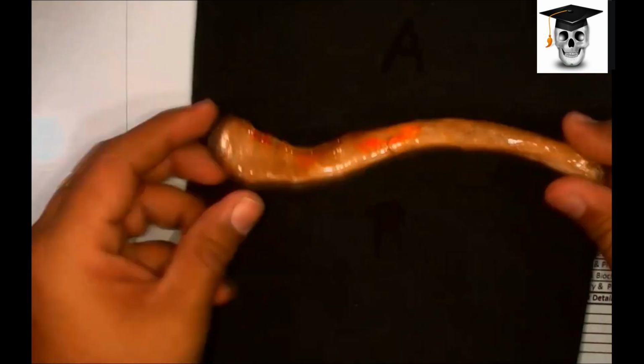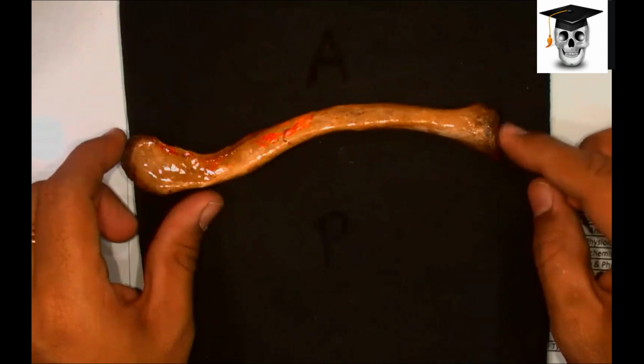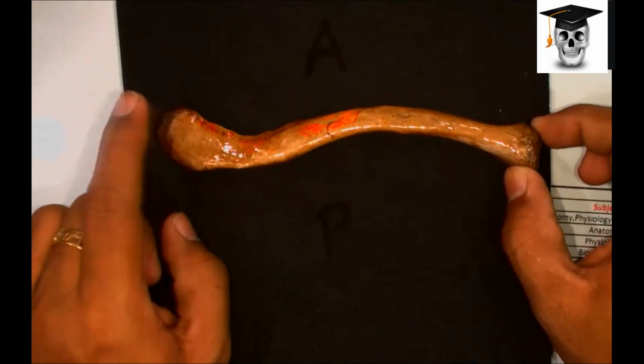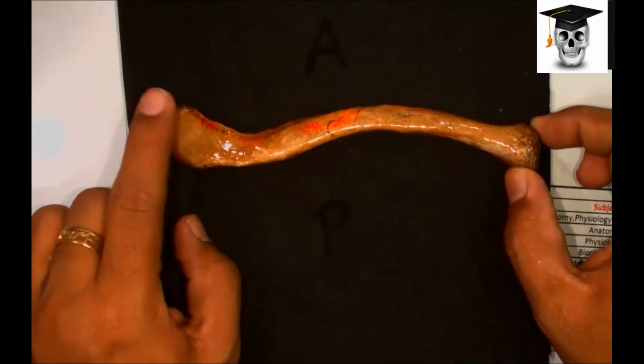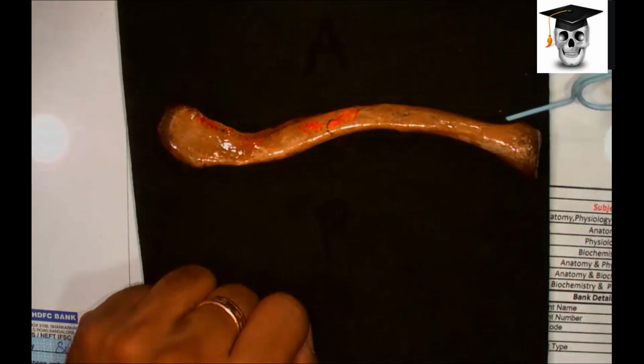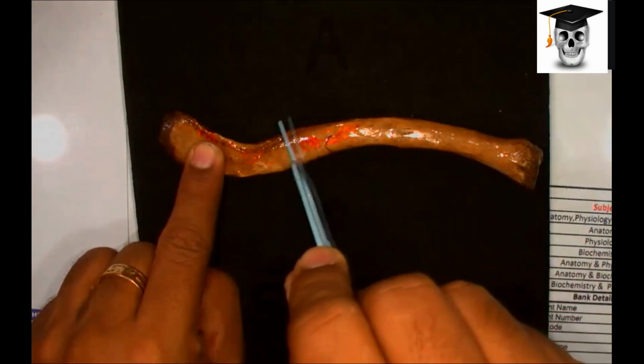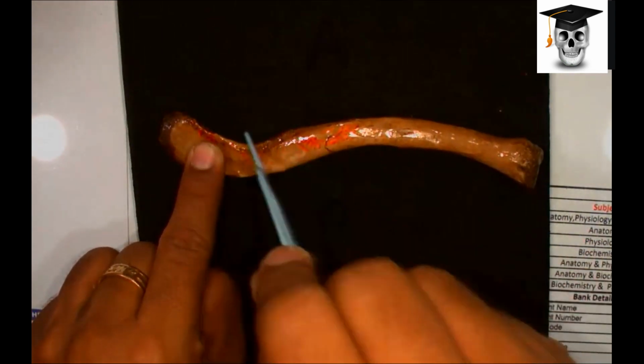Suppose I take my another bone, which is similar to your bone. Now you see here, if I keep it like this, this one is the medial end which is broader. This is the lateral end which is flat. Lateral end which is flat, medial end which is broader. And here you can see the entire part is convex medial two-third and concave lateral one-third.